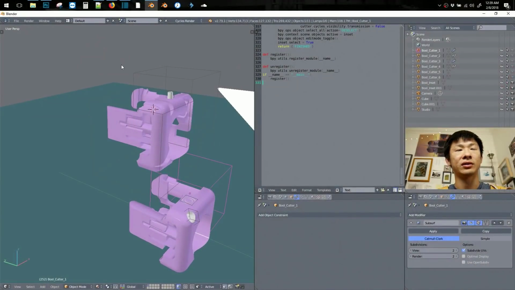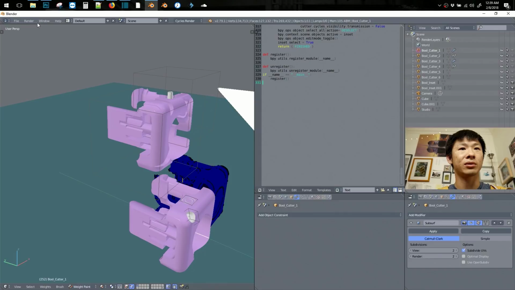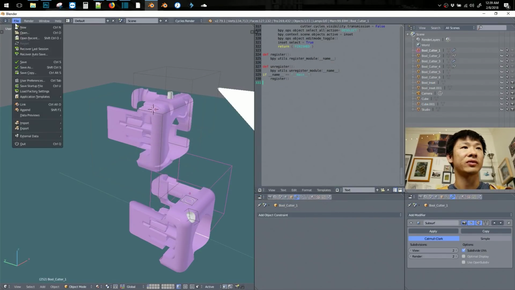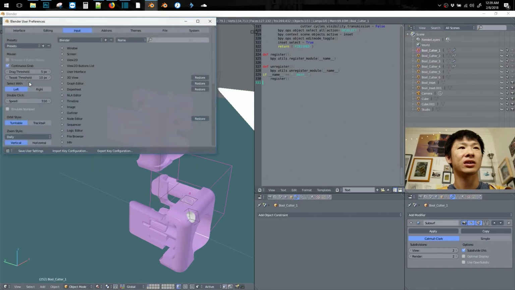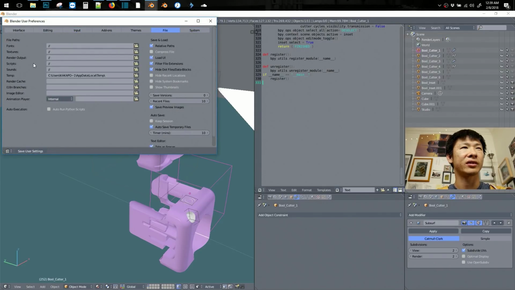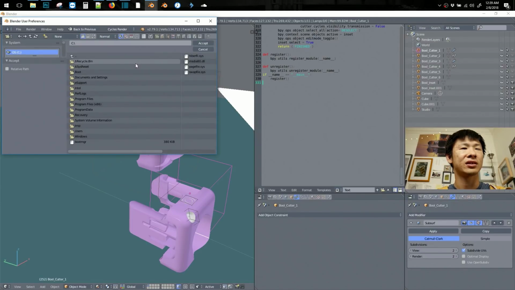You can do that if you go to File, Preferences, and then System, and then File and Scripts right here. So you can tell this and just point this to, let's say,